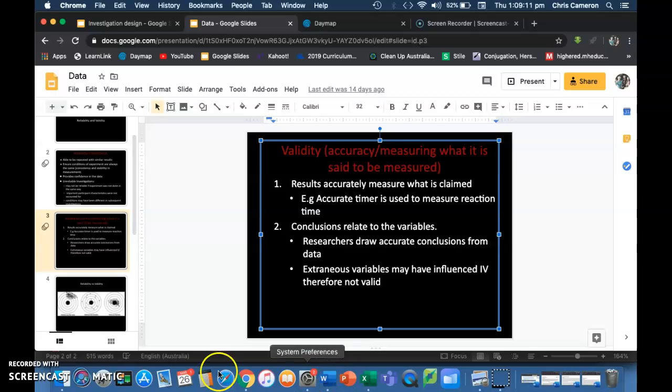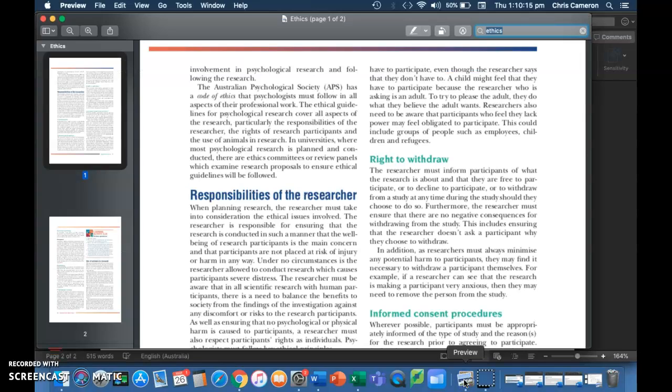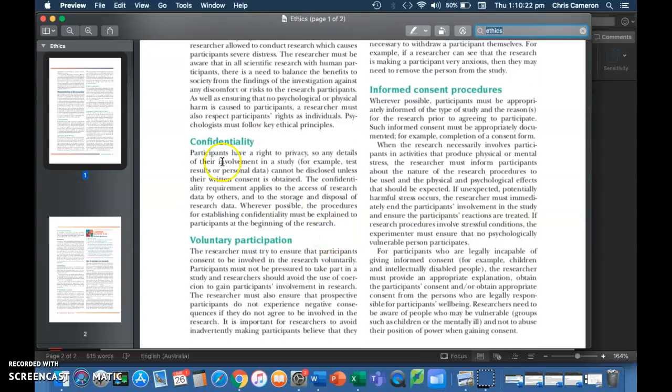So like I said, the main thing is about the research ethics. It's a discussion, of course. All of these can be one paragraph each. Research ethics is your last paragraph before the conclusion. What you have to do is refer to most of the research ethics and discuss whether you think we've achieved them or they were breached. Now, you've got this one already, so the responsibilities of the researcher, that refers to the ethics, and I made up a silly